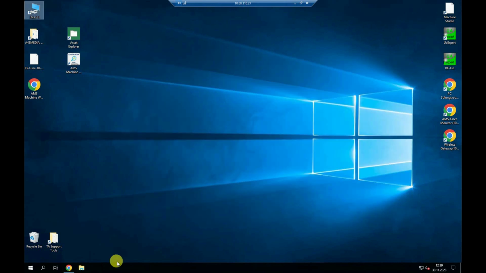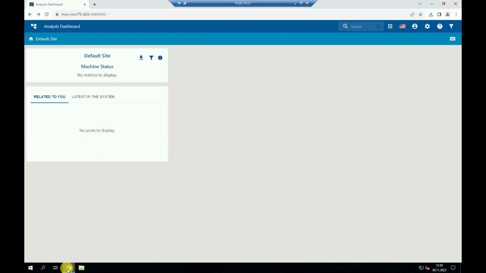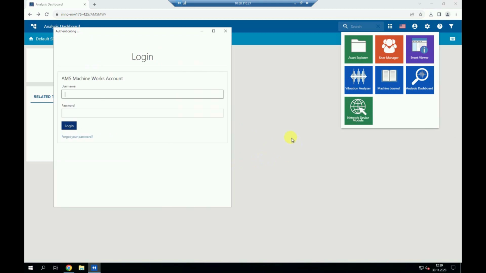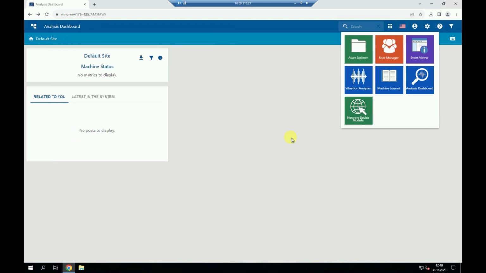Now with moving back now into Machine Works and having another look into the app switcher, we can now click the Vibration Analyzer icon here, and with clicking onto it, it will start the VibApp finally. And as said, it's an external interface or an external tool. So we need to log into that with the same user account that we use for logging into Machine Works itself. So logging into that with my admin account once again, and with clicking OK,